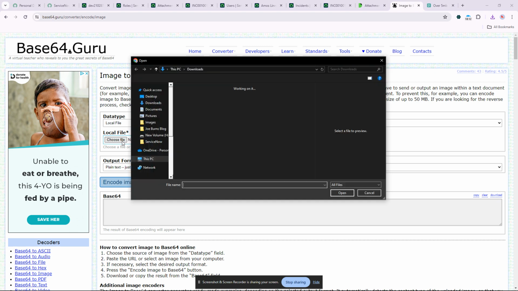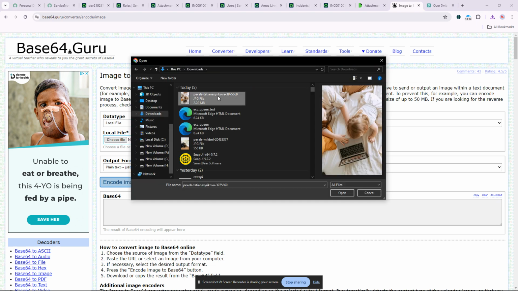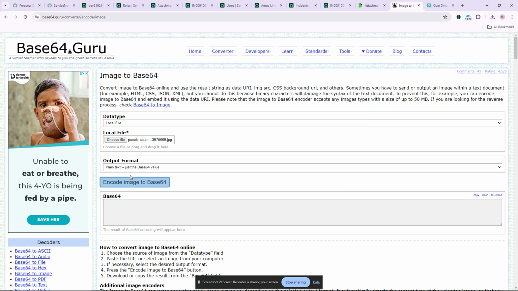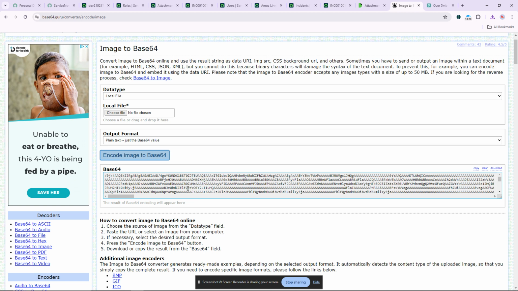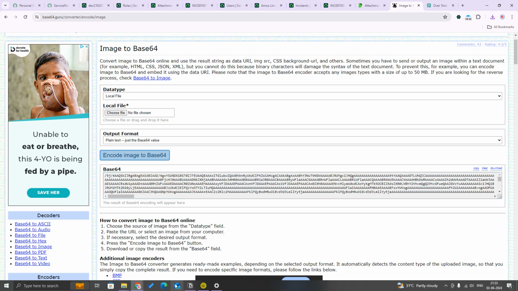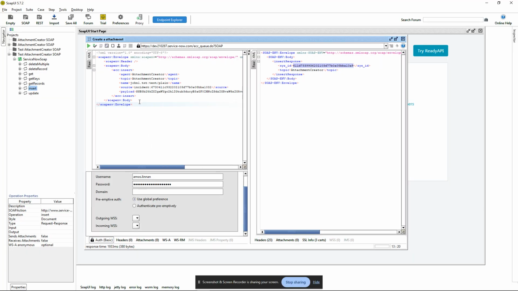So we'll choose a file from the downloads. You can see it is 2 MB. Okay, I'll just open this and encode image to base 64. So this is the base 64 content. So now what you are supposed to be doing is, it's better if you can go to your SOAPUI, copy the complete one,